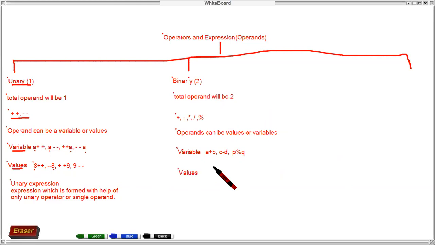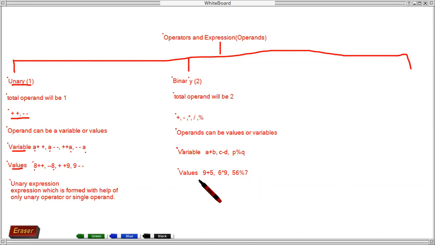These we generally use in mathematics, like if we are writing 9 plus 5, if we write 6 into 9, or 56 modulus 7. So as you can see, using values, we have to use minimum two values. It is not necessary that the values will be the same. Please keep this in mind. Values can also be different, but the two values will be treated as two operands.